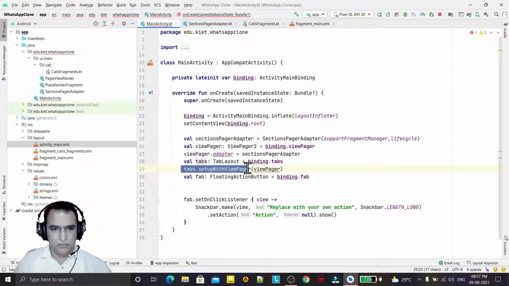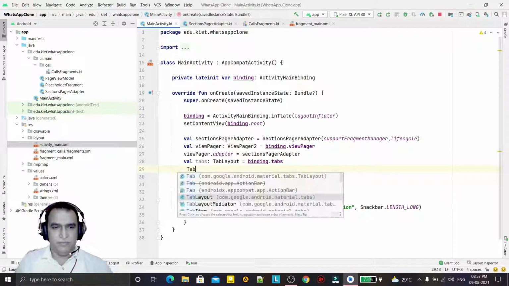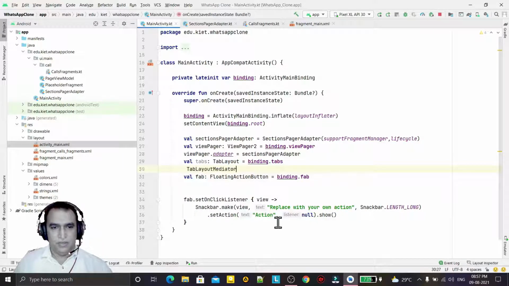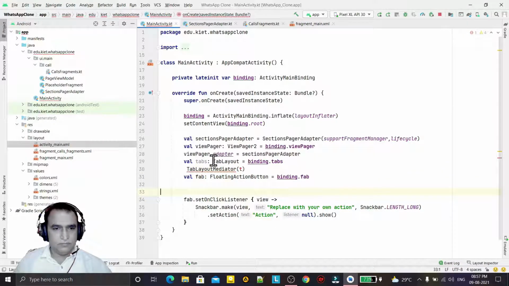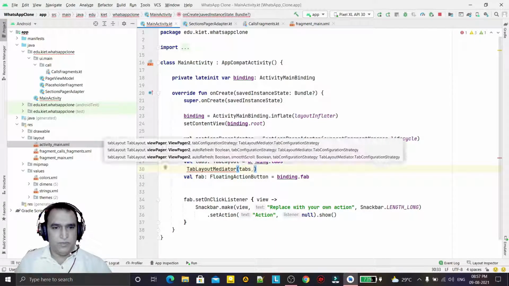Now we have to replace this part. For that I have to use the TabLayoutMediator, and here I have to pass first of all the tab layout, this one, this tab, and then the view pager.